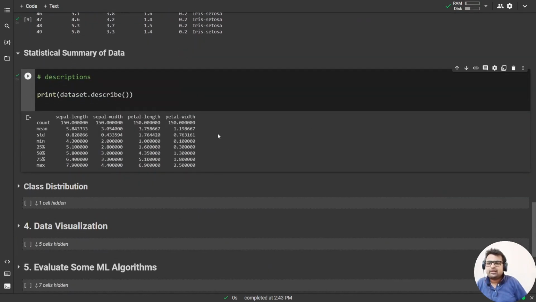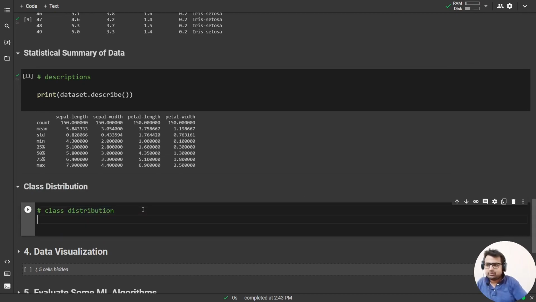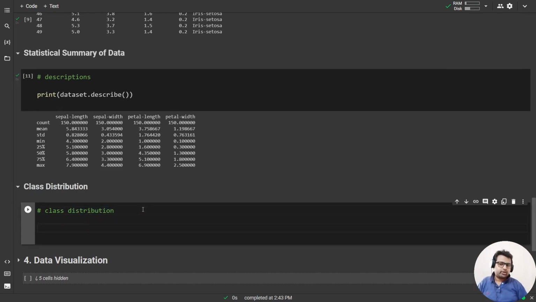So that's why it didn't describe that. For that we will be doing class distribution. So what will this class distribution do? First, let's write the code, then you will get an idea about class distribution. Very easy. Just print dataset dot groupby,